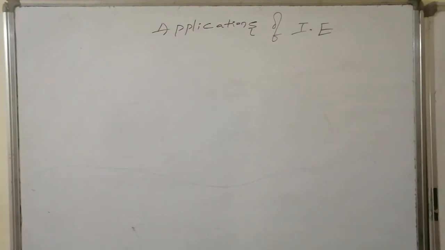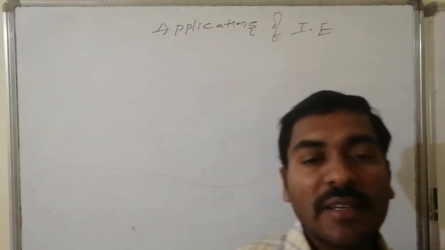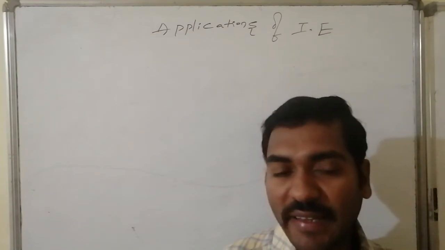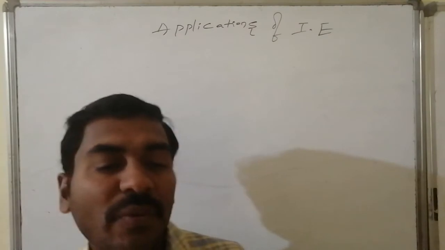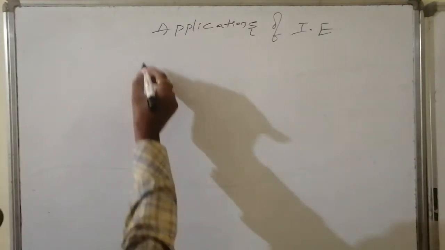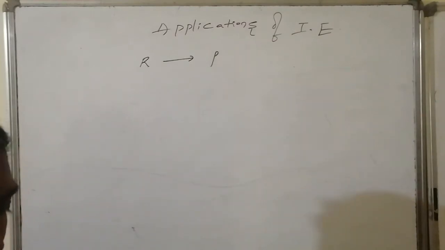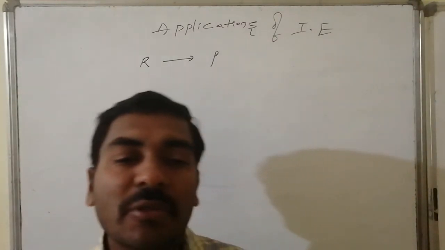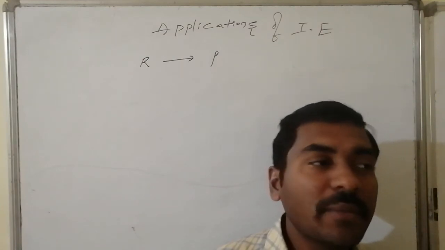The next part that we will discuss is applications of inductive effect, where inductive effect is generally applicable in case of organic chemistry. Yes, applications of inductive effect. Suppose you perform a chemical reaction, what happens? Reactants are converted to the products. This can happen in two ways: either it may proceed through the transition state in a single step, or it may proceed through an intermediate.